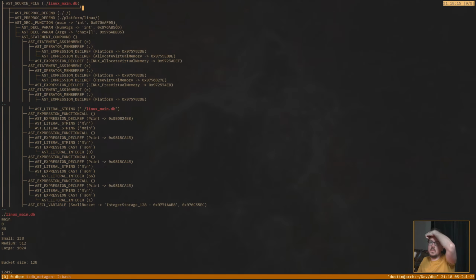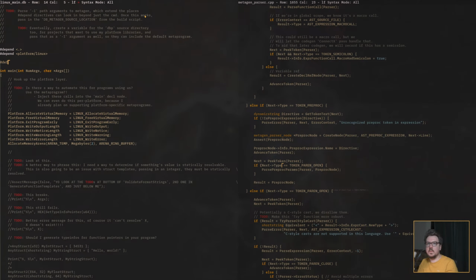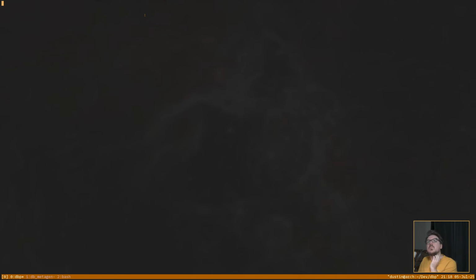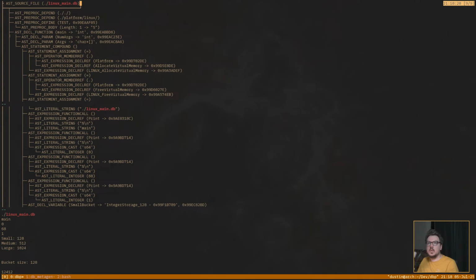Okay. I want to add a define here just to see if this worked. So define test 5. So here's our define that we just made, test. Its body has a length of 1 and its value is 5.